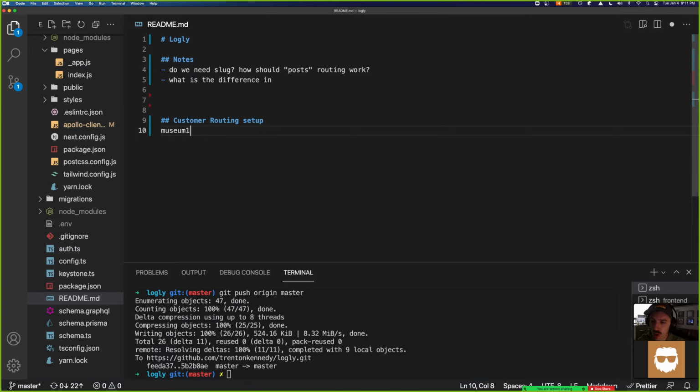Yeah, so museum1.tovek.com would be customer one Keystone admin, and then tovek.com/museum1 would be customer one static Next.js app.